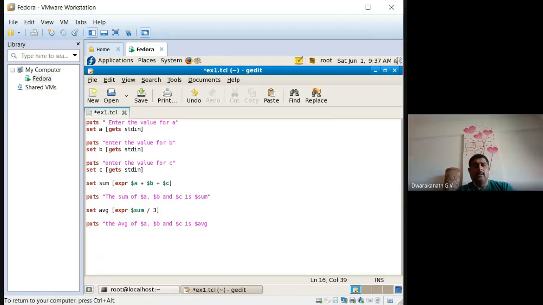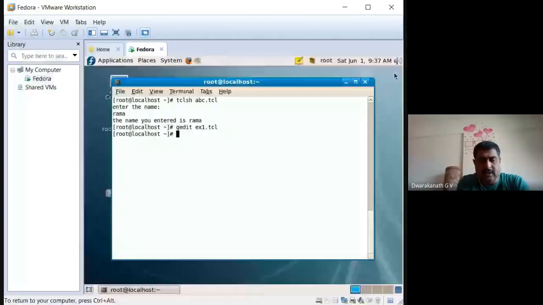Now according to me, this is the program which we have to do. Take the values of 3 numbers, find the sum and average of it. Run this particular program, that is tclsh ex1.tcl.